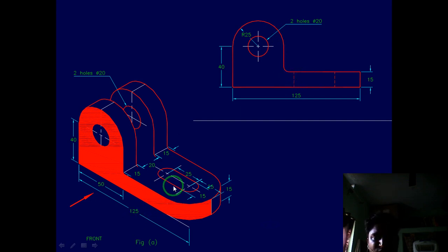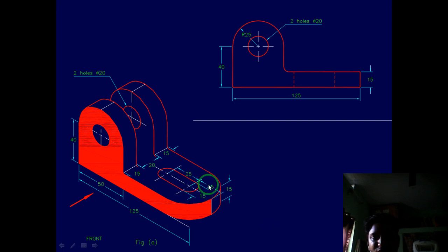Now when looking from the front, this is the place where we have a hole inside the horizontal web. That hole inside the horizontal web has to be shown in the form of dotted lines at the extreme positions. How to plot those extreme positions with respect to the dimensions? From this extreme to here, for this center it is 25.